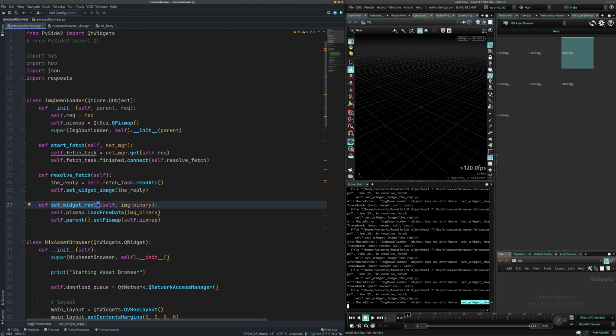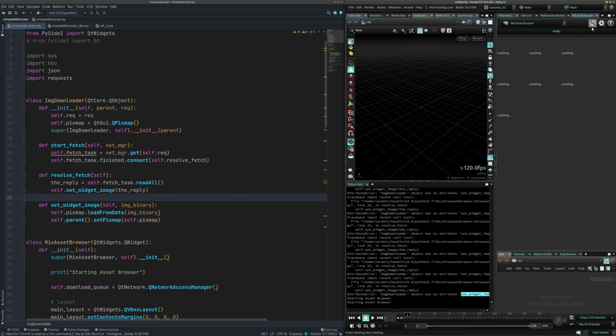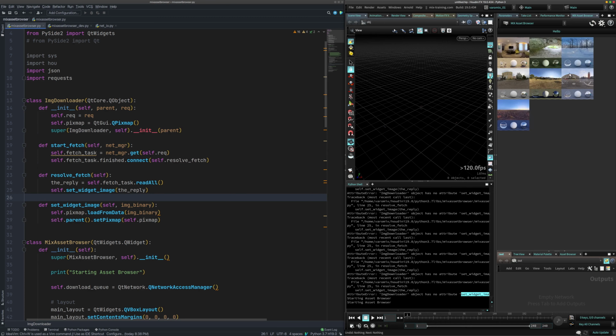Oh, great. We didn't name it correctly here. Widget image. Guys, why didn't you guys tell me? I know you saw that. And there we go. You can see that works, and you can see that was loading the images as